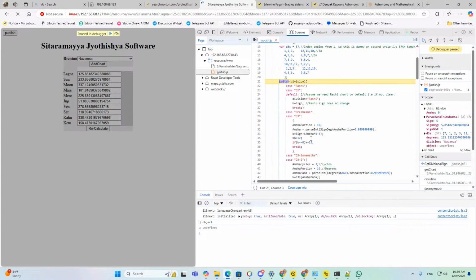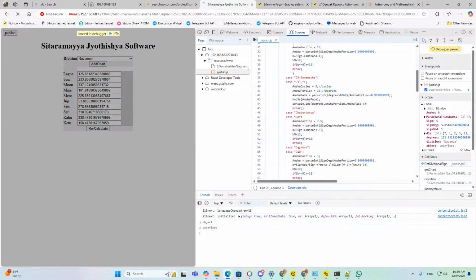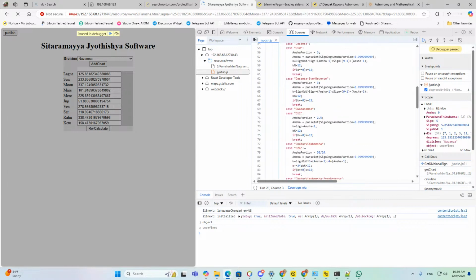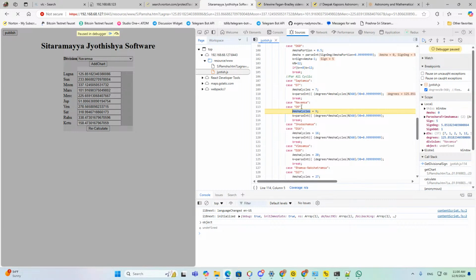Navamsa will be right here, and it will switch to Navamsa at some point. Yeah, right here, D9, right? And the Navamsa cycle is 9. And also we need to see these are the degrees. So if I type degrees, it's 125. So based off of the degrees, and Amsha cycles are 9, and we mod it by 360, and it comes like,